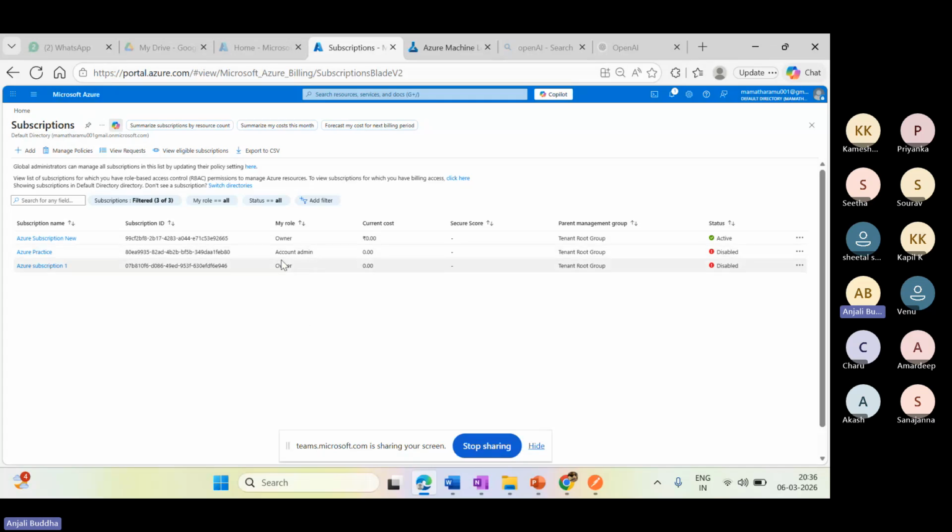As I told yesterday, to avoid billing, as soon as we create resources, we have to delete them immediately. But if, for example, you still forgot something and you don't want auto debit enabled, you can go to the debit card or credit card you provided.